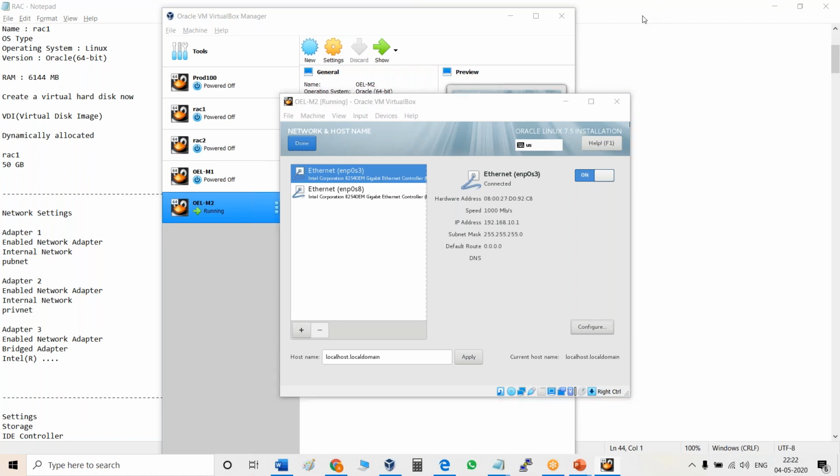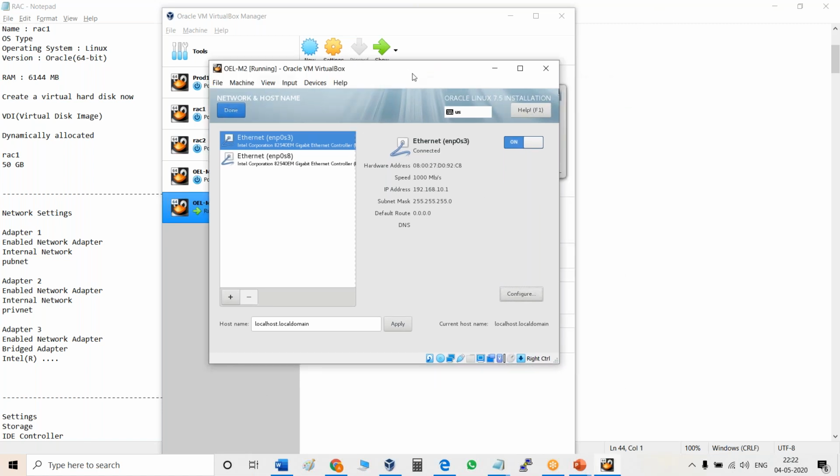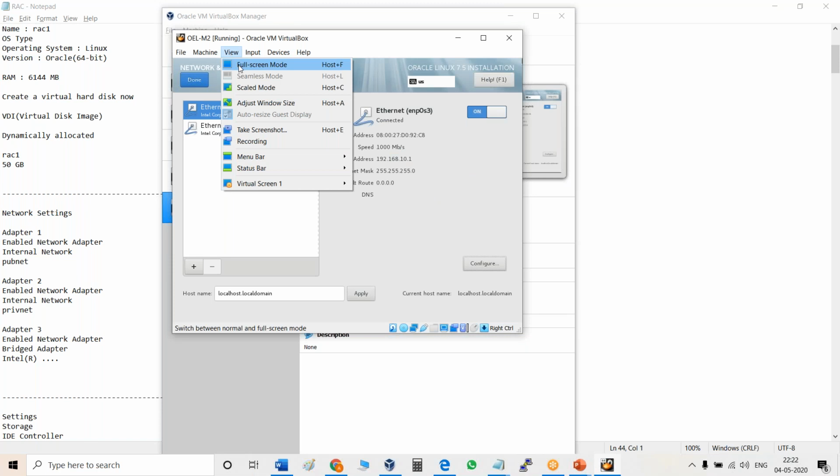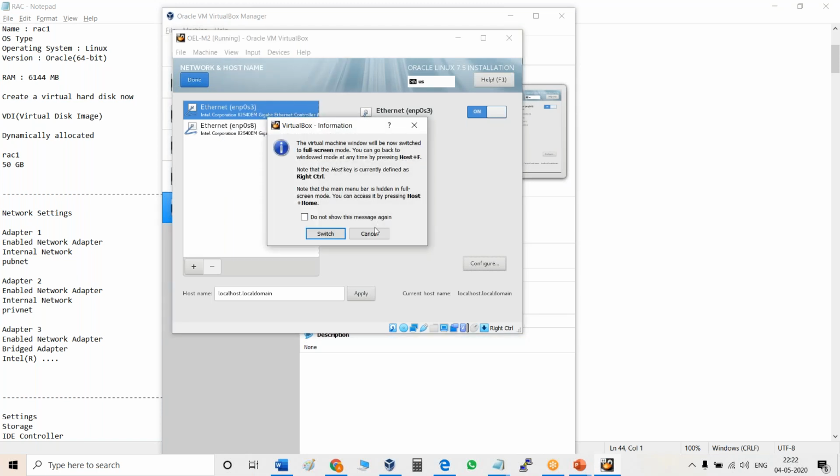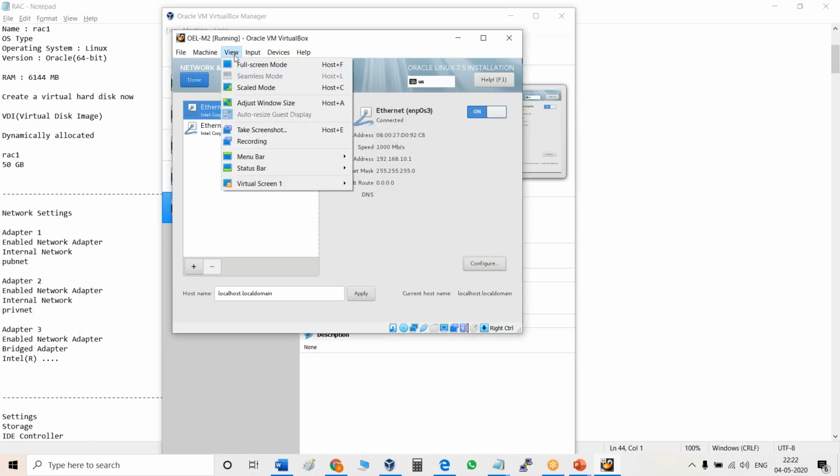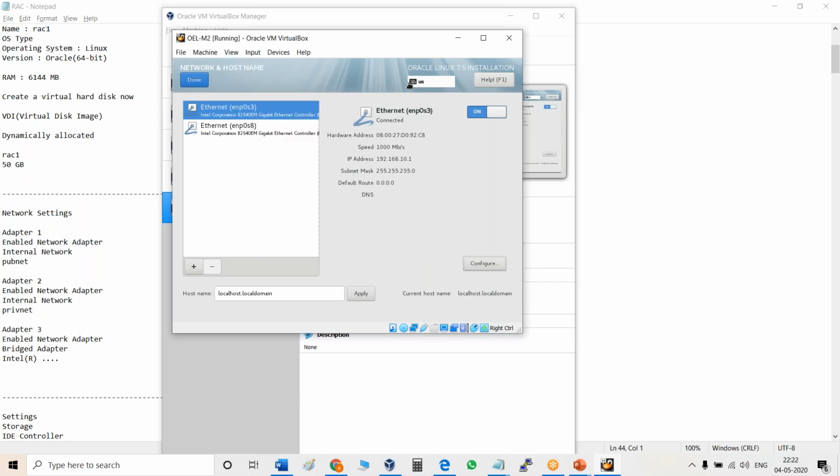Now save. Screen is visible, right? Because if I'm doing big screen, so it is taking difficulties actually.